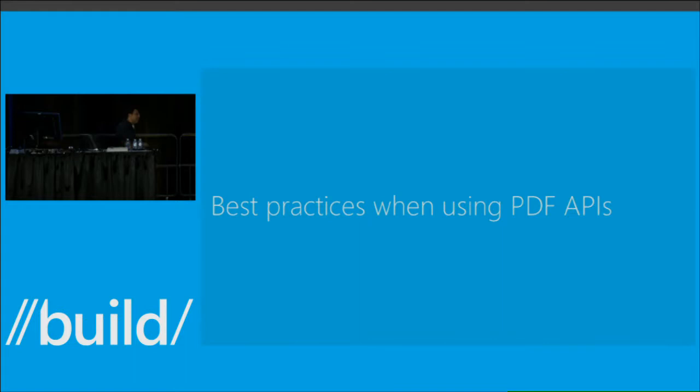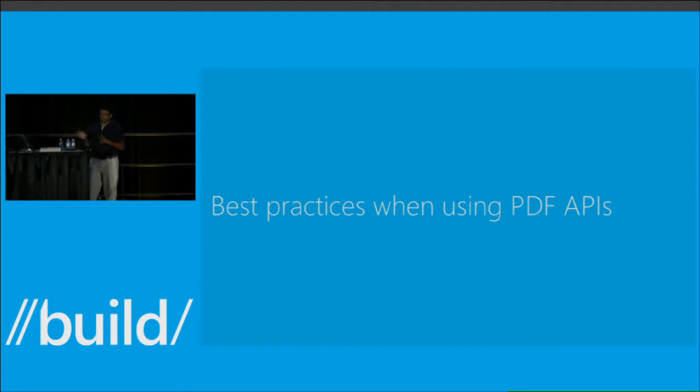So now that we have seen what these APIs look like and what you can do with them, I would like to spend a little portion of this session talking about the best practices when using these APIs. For this, I'm going to use a sample application that allows the user to load any document from their local file system and renders it page by page. It will also allow the user to zoom in and out of a particular page. So let's see that.